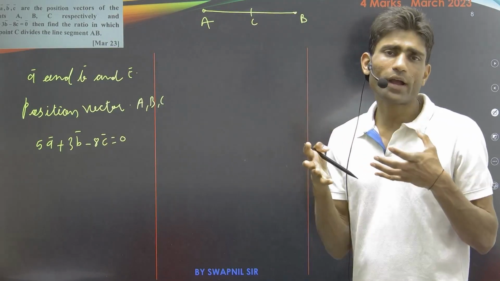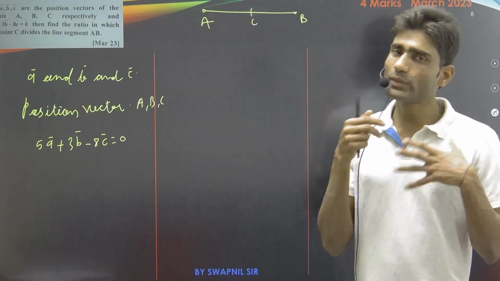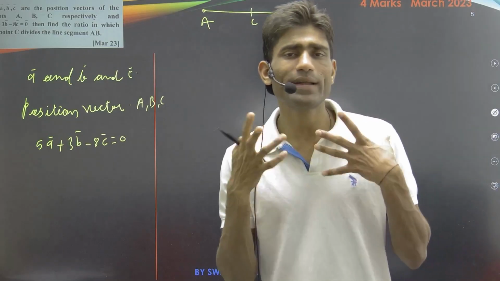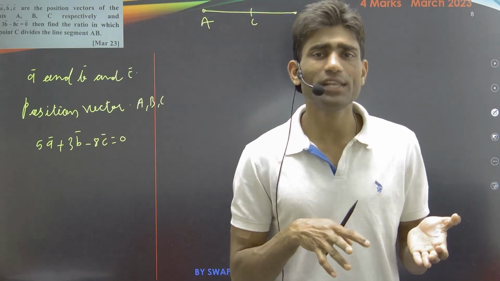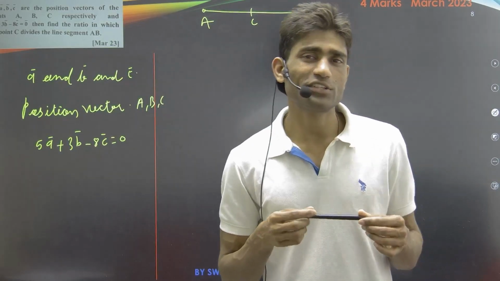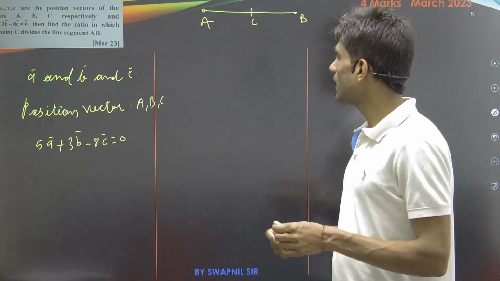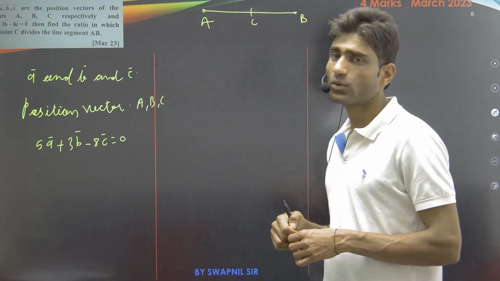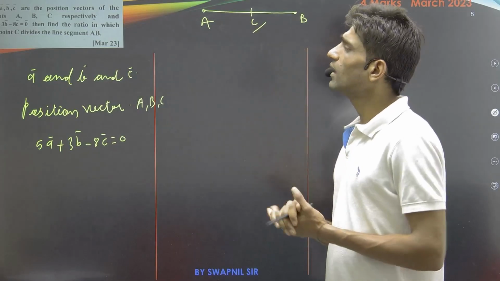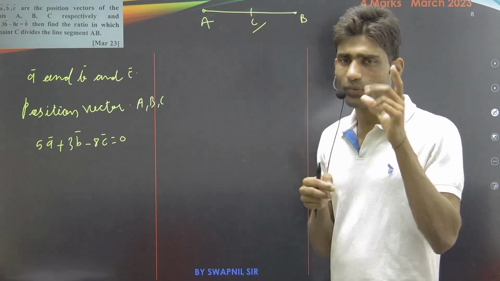At what ratio can point C divide line segment AB? As we don't have any other data saying whether it divides externally or internally, we cannot apply the section formula for internal or external division directly. So instead, convert our given data into the form of internal or external division. As we know that C is the point which divides line segment AB, one side of our equation always goes to C.